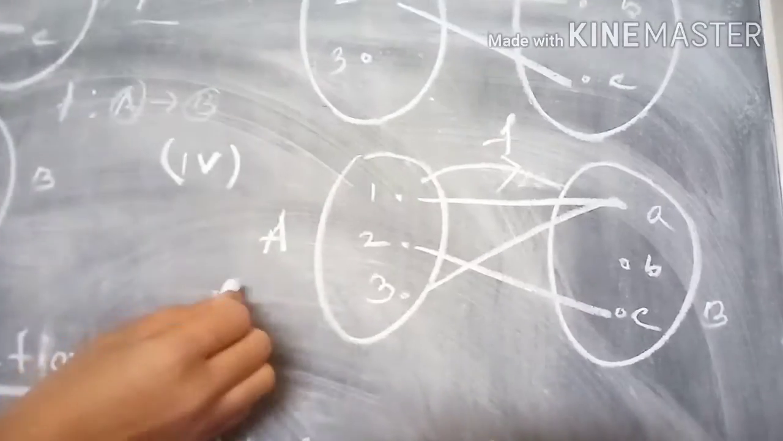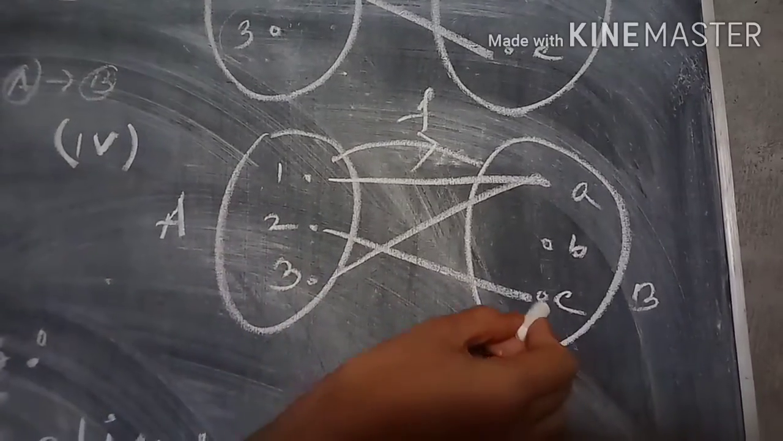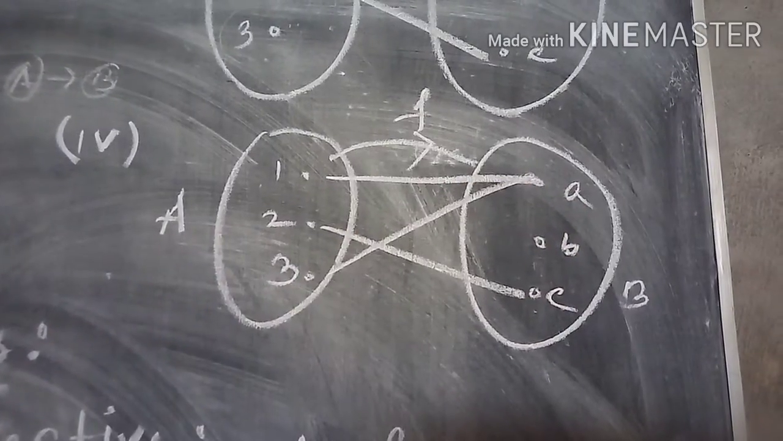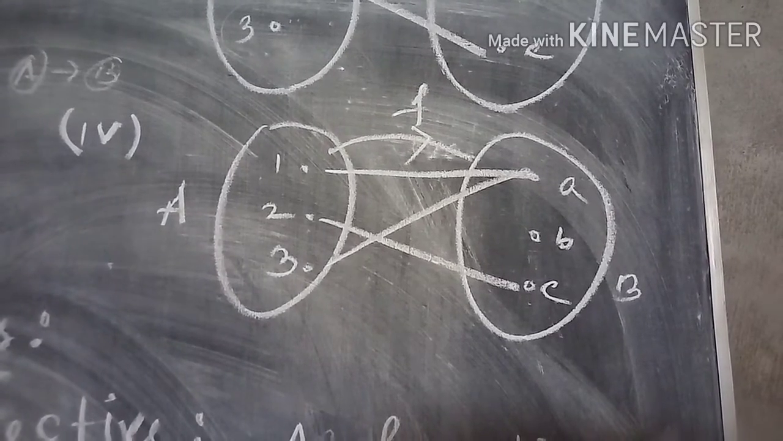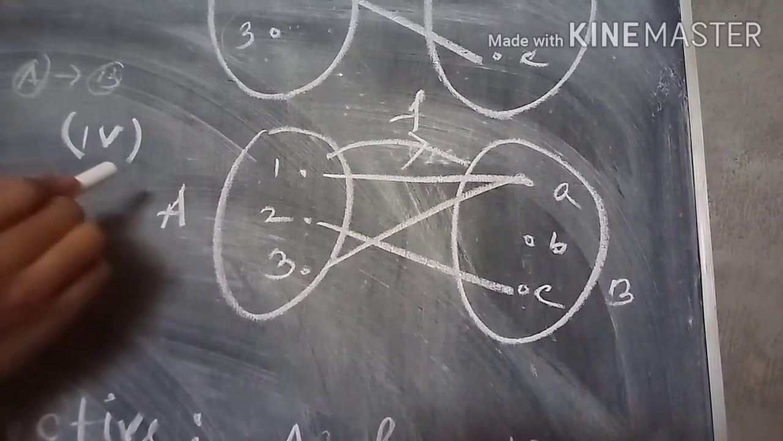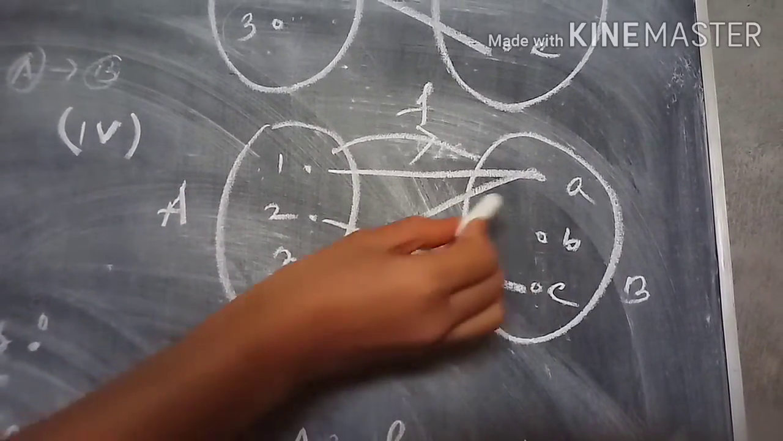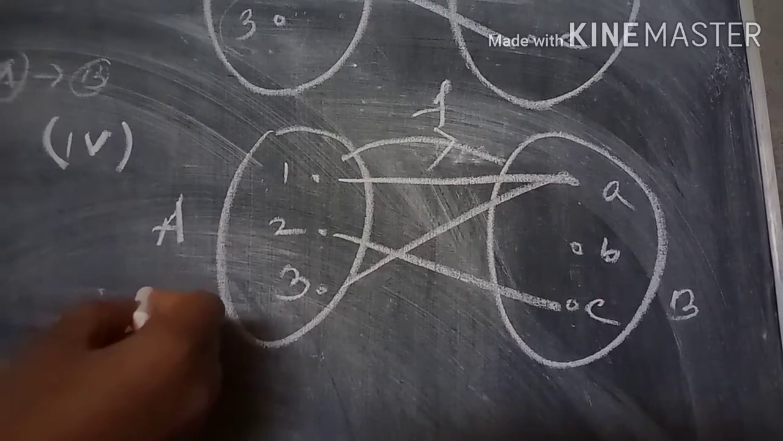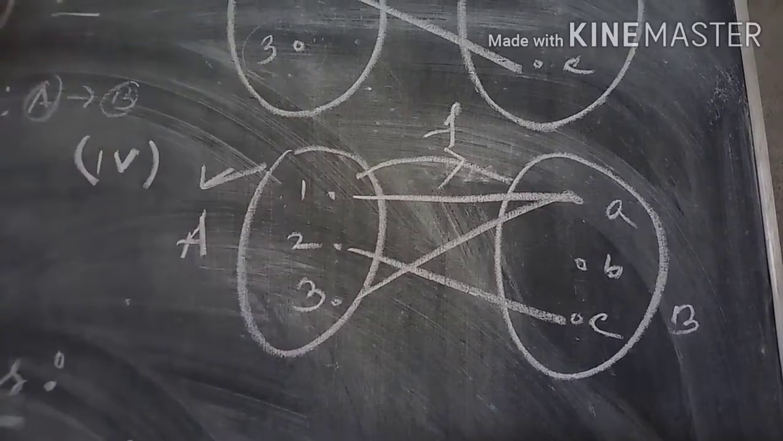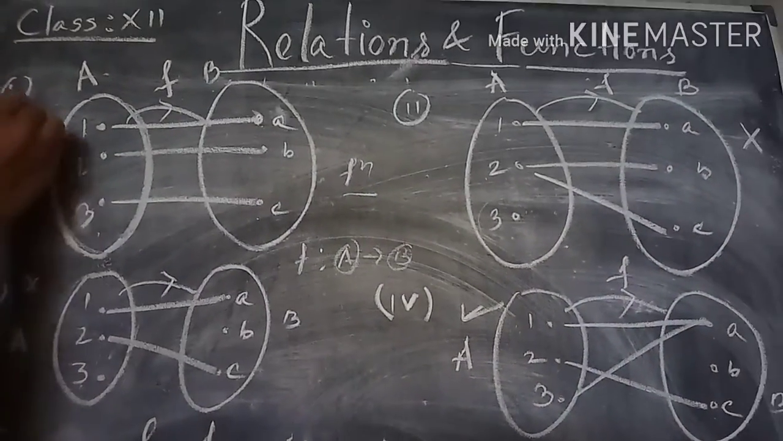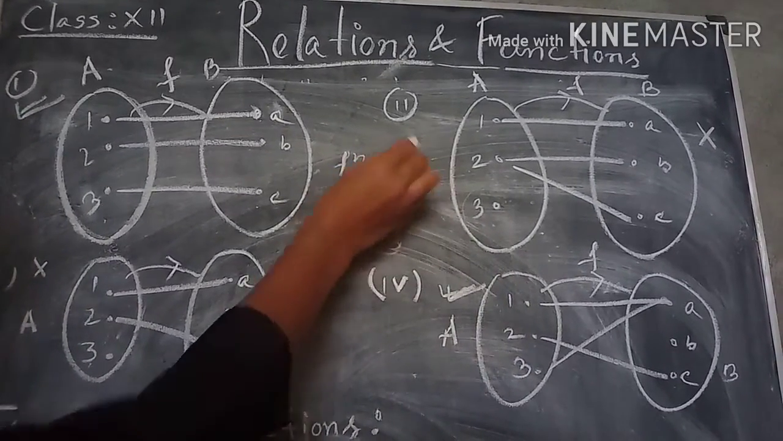Now come to this. Here 1 is related to A, 2 is related to C, and 3 goes to A. Now there is no element left unrelated, but the elements 1 and 3 have the same image, that is A. This also satisfies the definition of function. So this is also a function. So here number 1 is a function, number 4 is a function, but number 2 and number 3